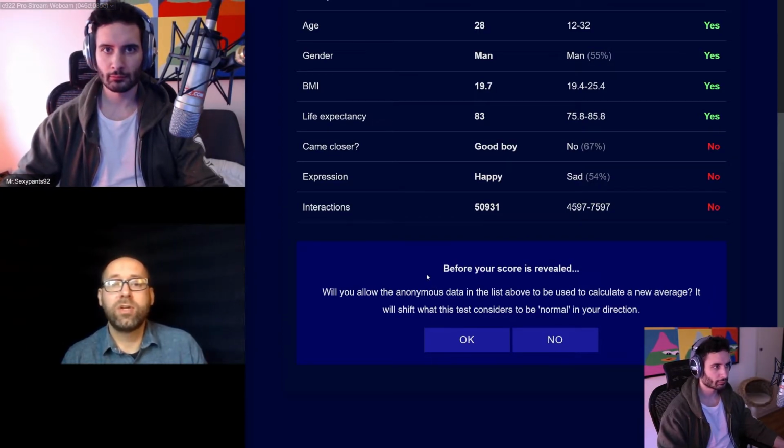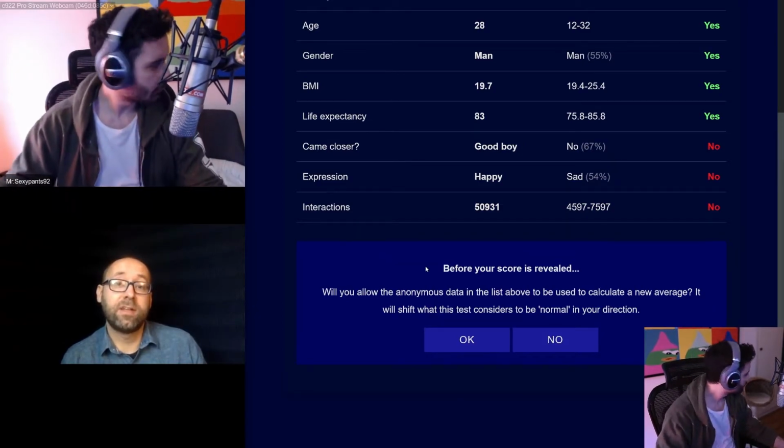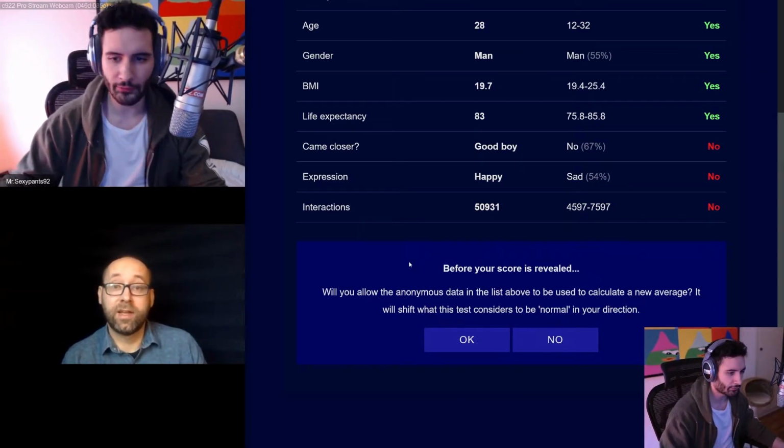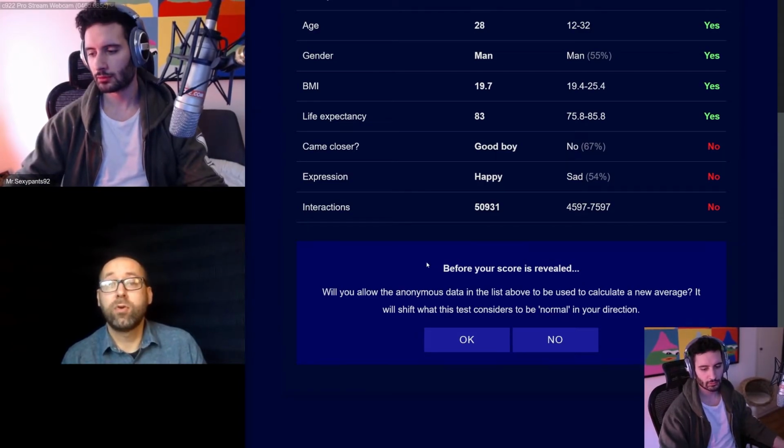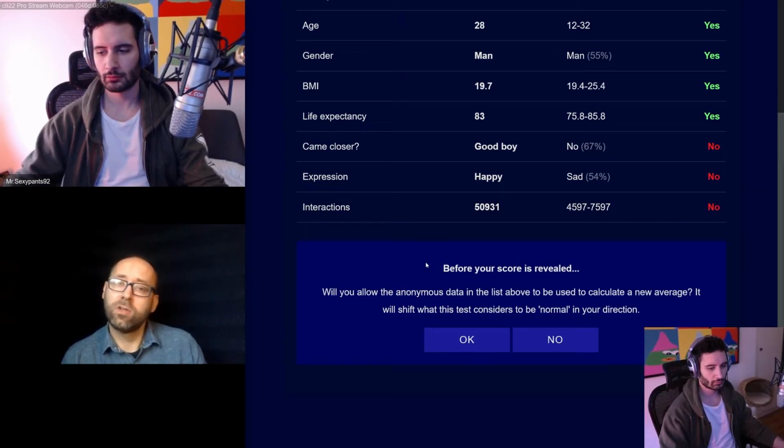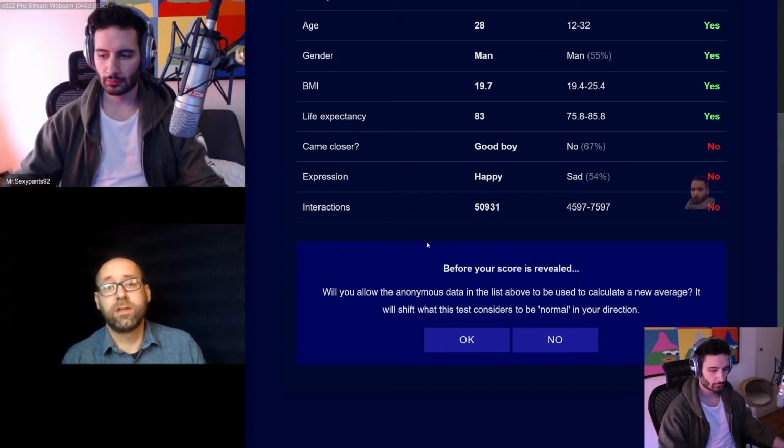We might feel more pressure to behave normally, which for an algorithm means being more average. That's why we have to protect our human right to privacy, which is essentially our right to be different. We could say that privacy is our right to be imperfect. So we have to be very careful when implementing this technology.